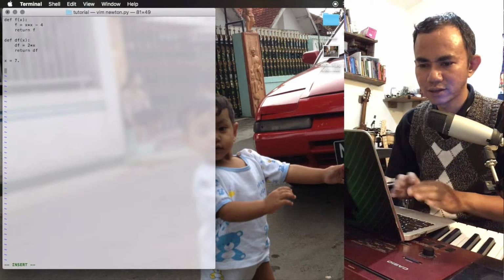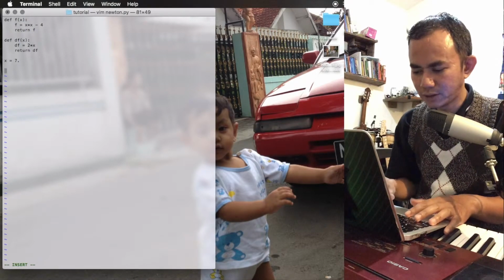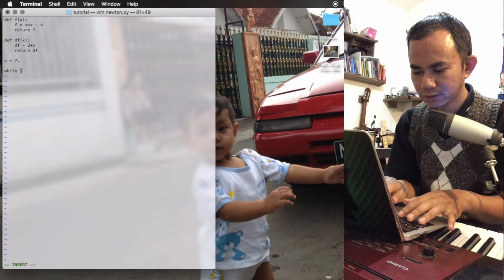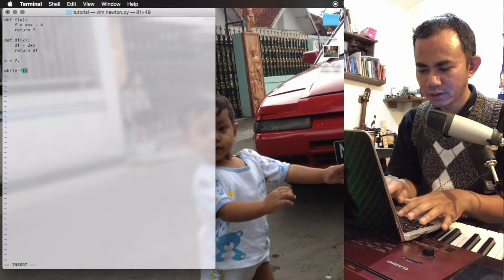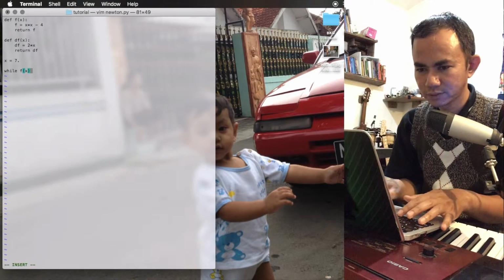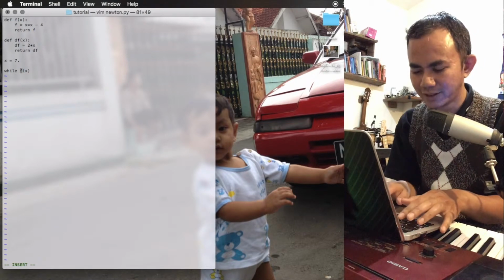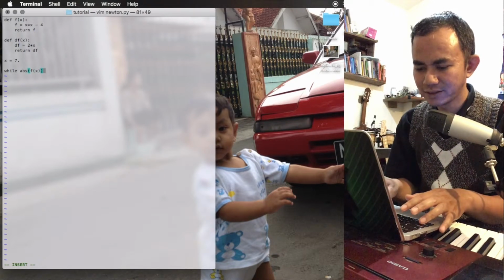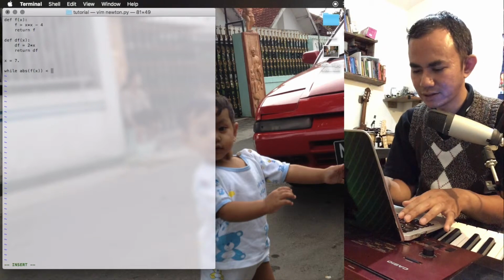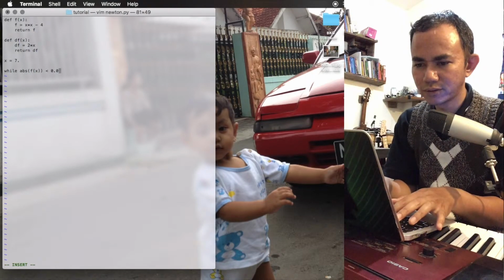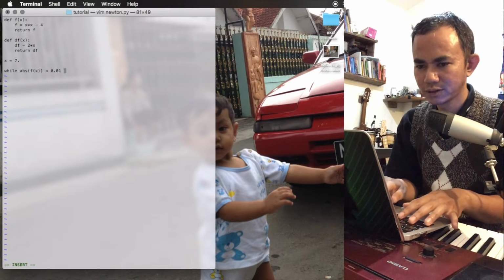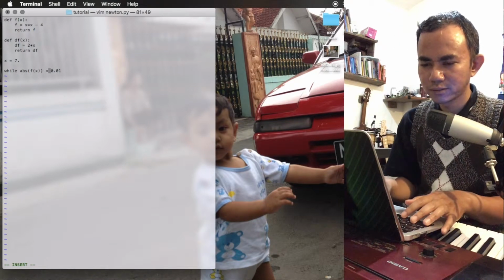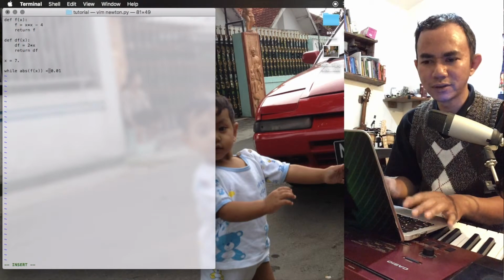Okay, x is 7, and we have a condition here: while the absolute value of f(x) is less than, let's say, 0.01, then it's the root. But we'll have to reverse this condition.